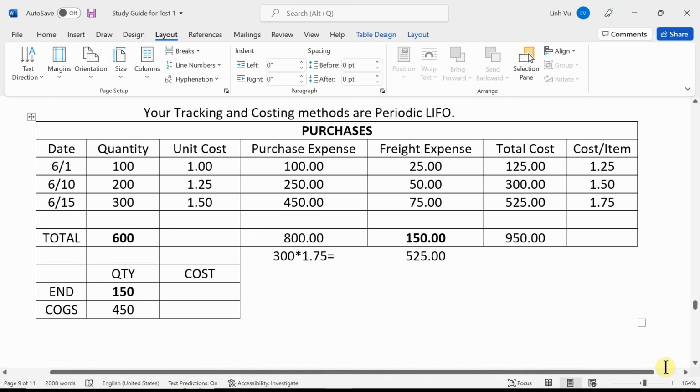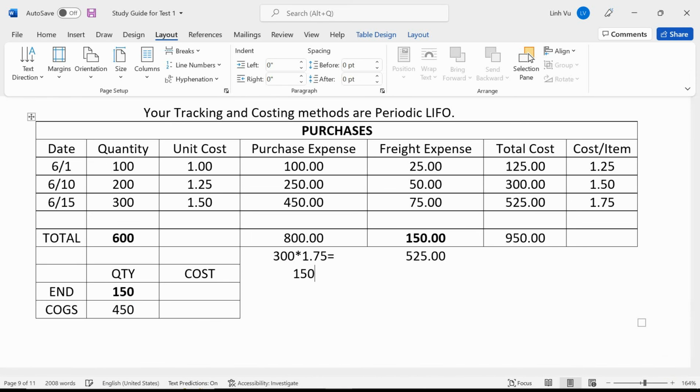The one on the 10th, which is 200, so 150 times $1.50 is going to give me $225. So you got your grand total of 450 units at a grand total cost of